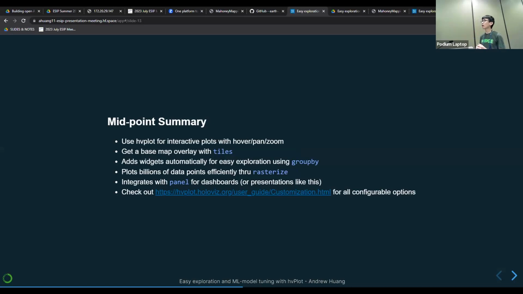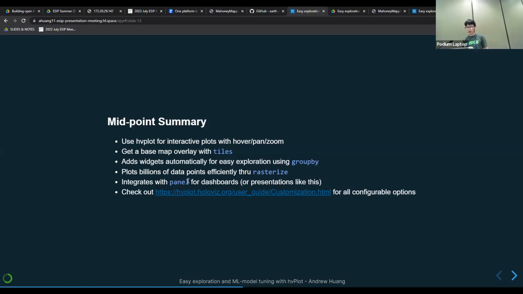If you have groups of data, you can use groupby. So if you have a column called the hurricane name, you can group by the names and visit each hurricane separately. And you can specify multiple column names in groupby, so it doesn't have to be only one widget that you control. And then you can use rasterize equals true to plot billions of data points efficiently.